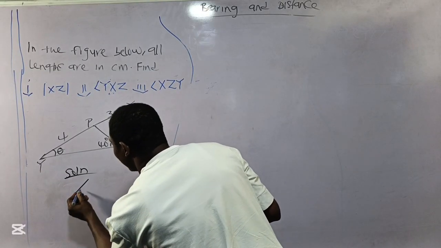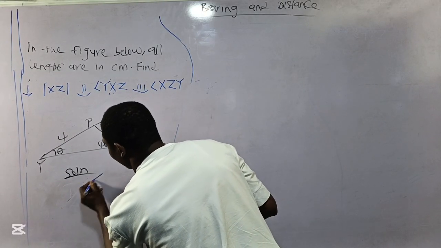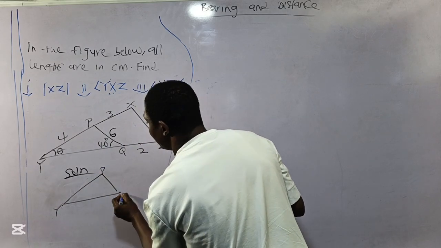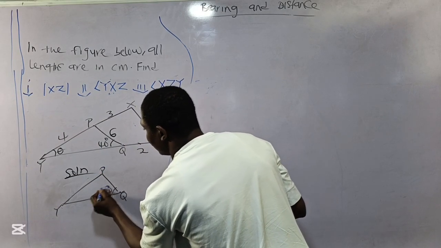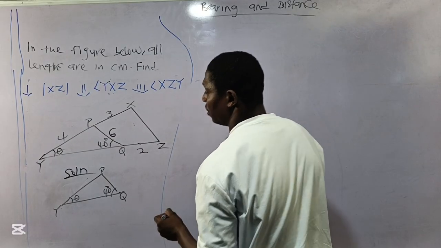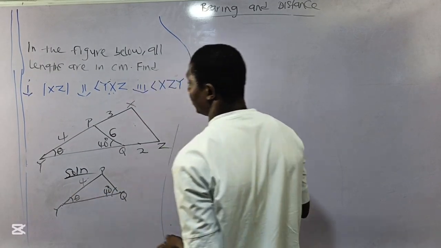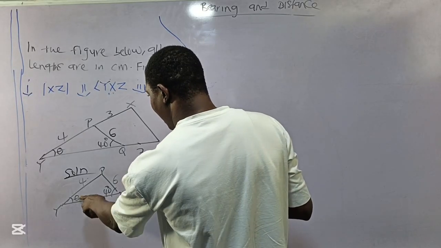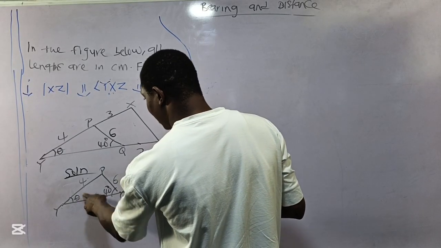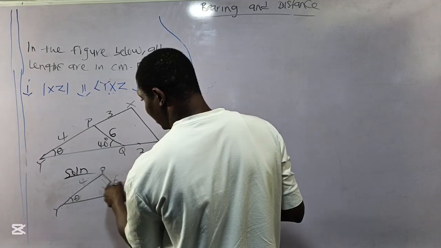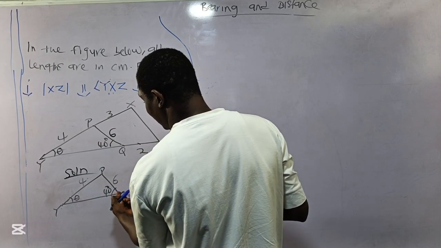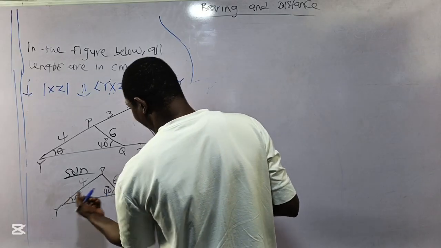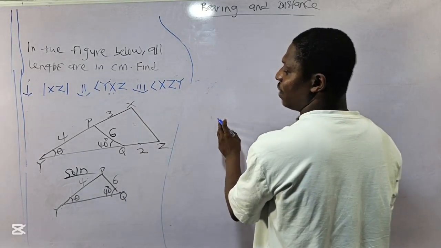Now, let me draw a smaller triangle. This is my Y, this is my P, this is my Q, this is my 40 degrees, this is my angle theta, this is my 4 centimeter, and this is my 6 centimeter. Now, I know I'm looking for angle theta. I know my side facing theta, and I have my 40 degrees for angle Q, and I also know my side facing Q, which is PY. Now I can simply have